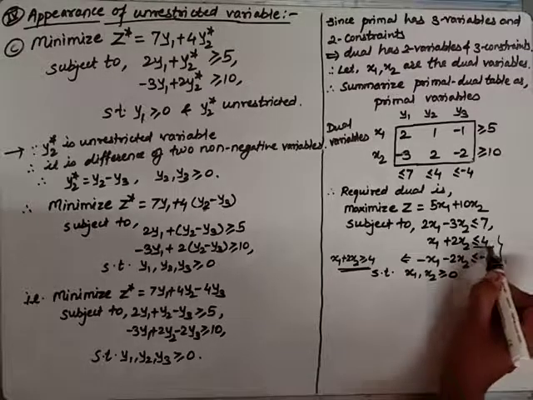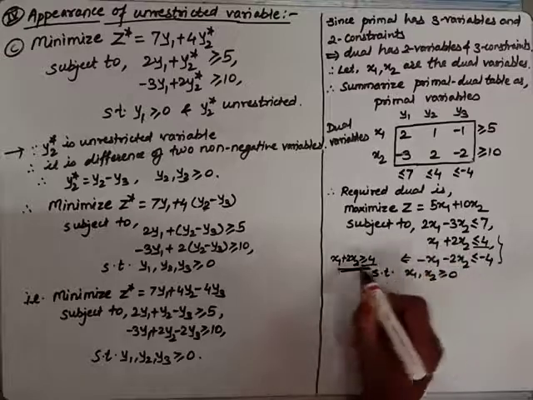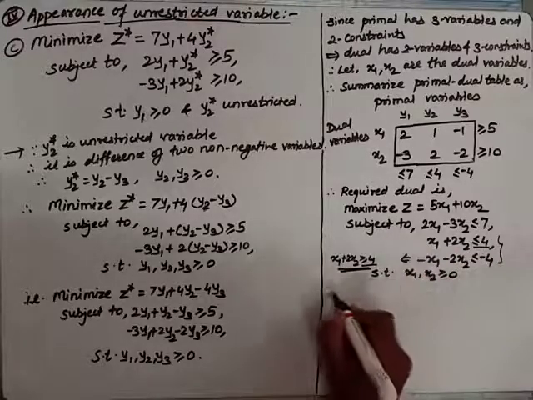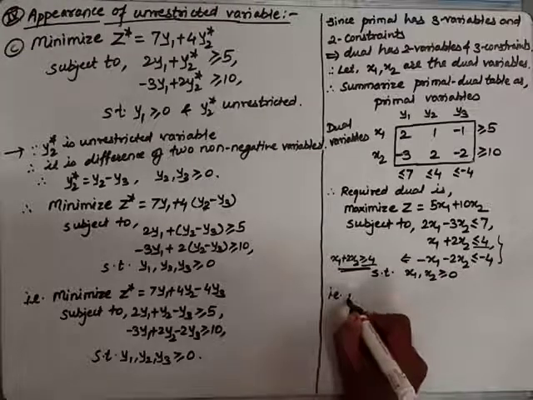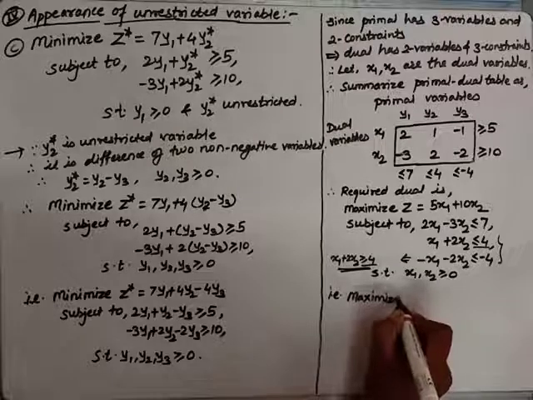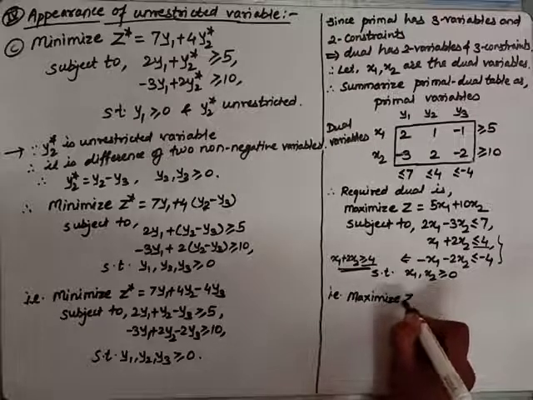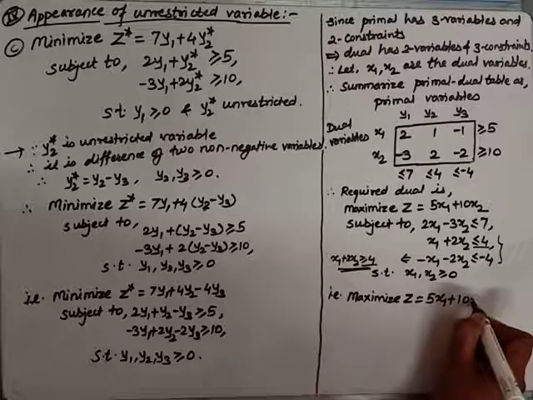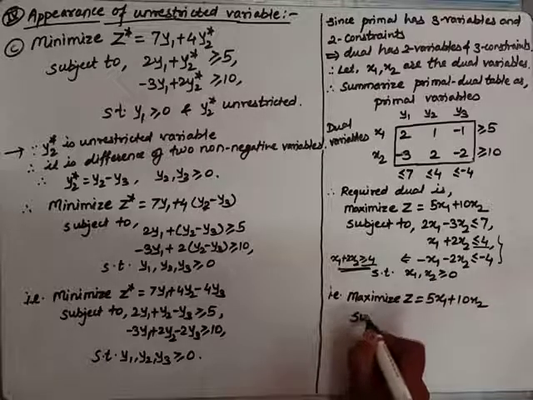Now this is less equal 4. This is greater equal 4. Left hand side is same, means this is equal to 4. Therefore, it can be written as maximize z equal to 5x1 plus 10x2